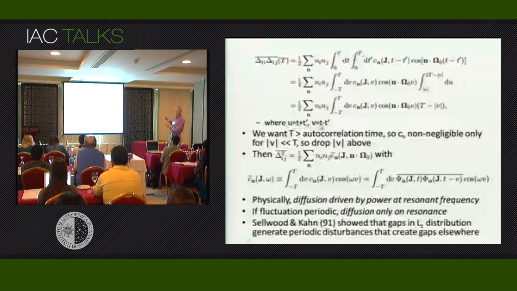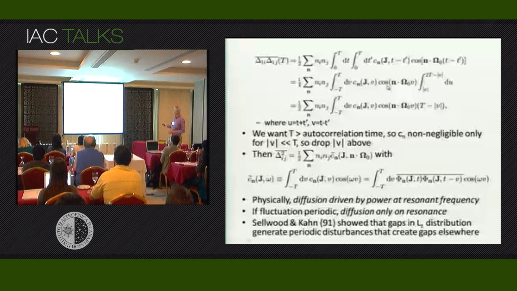We have to integrate over this square, and we do so using, obviously we want to use t minus t primed as one of the variables, and it's convenient to use t plus t primed as the other variable. So we make just a change of coordinates in the tt prime plane, and then because there's no mention of t plus t primed in this thing, we can do the u integration straight off. There's no function of u in here, it's just du, and of course v is appearing here and is appearing here, so is a material thing to do integral over. For this integral we get T minus mod v.